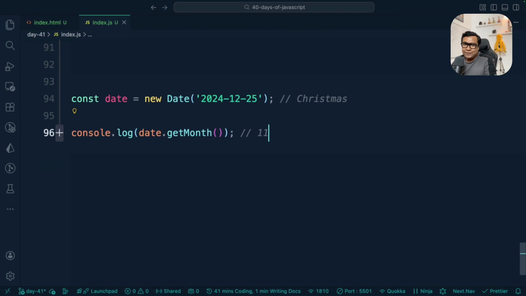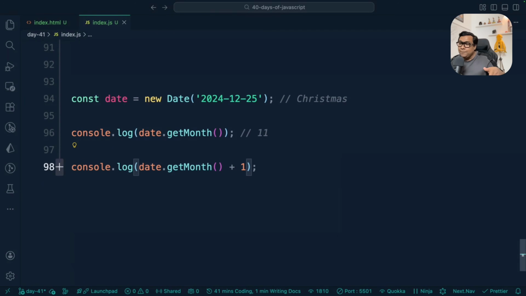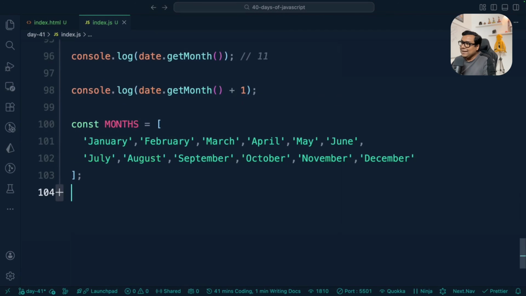So the correct way to deal with it, if you want 12, is to always add 1. If you want 12 to be displayed anywhere, you should always do +1 to this. Then only your display value will be 12, though the API has returned 11. Please remember that. One principle that you can follow: you can always create an array of months like January, February,